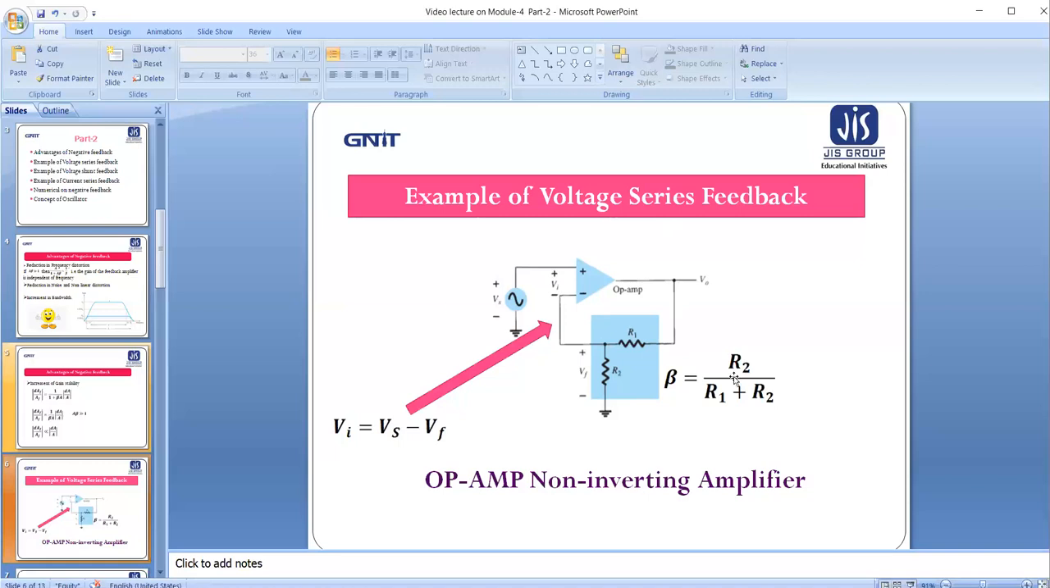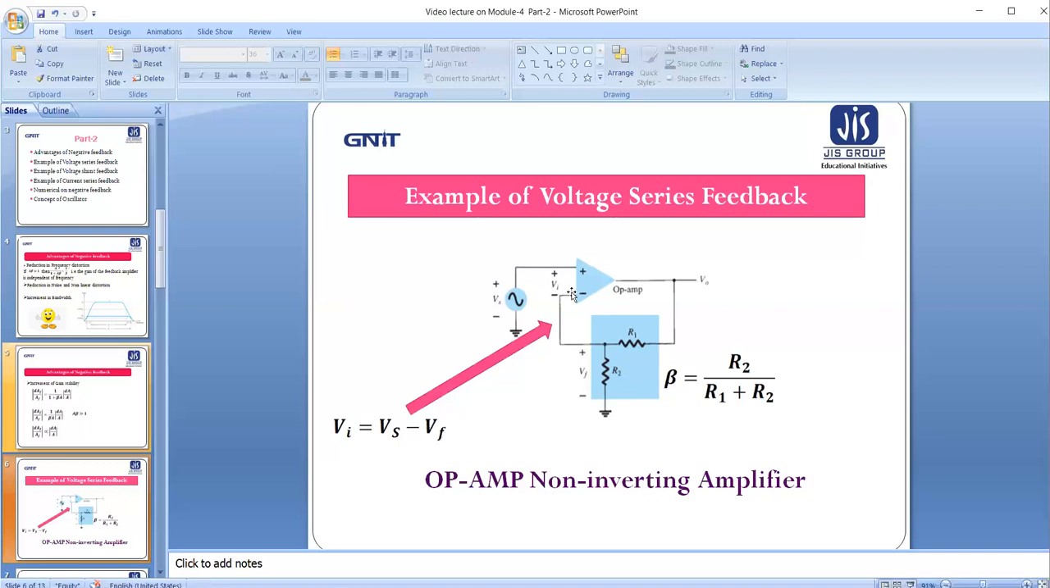This circuit is nothing but the op-amp non-inverting amplifier, and in that case we have seen that whenever we apply any external input to the plus terminal, it will also produce a positive output of the same polarity. So if it is a plus voltage, the output will also be a plus. So what happens? First, the external input is applied to the non-inverting terminal, and Vi is the differential input of